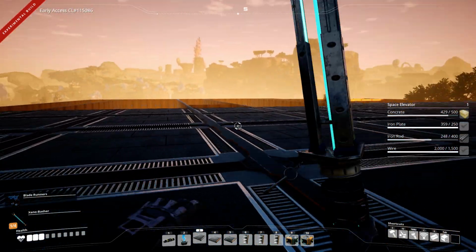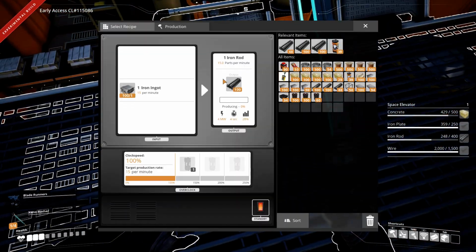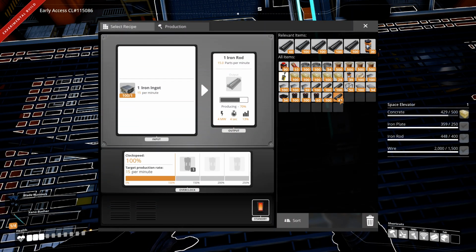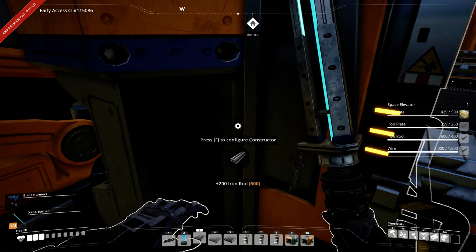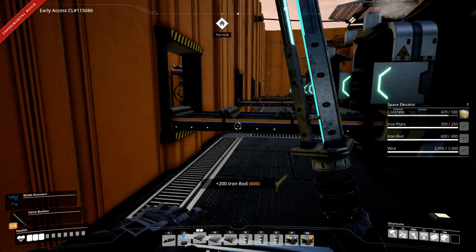So okay, now I'm too high. I'm high. Here we go. Rods and rods, so they can finally produce something again. Let's just put that back in, sorry, and take 2 more to have some spare. And now we just need concrete, and that can be